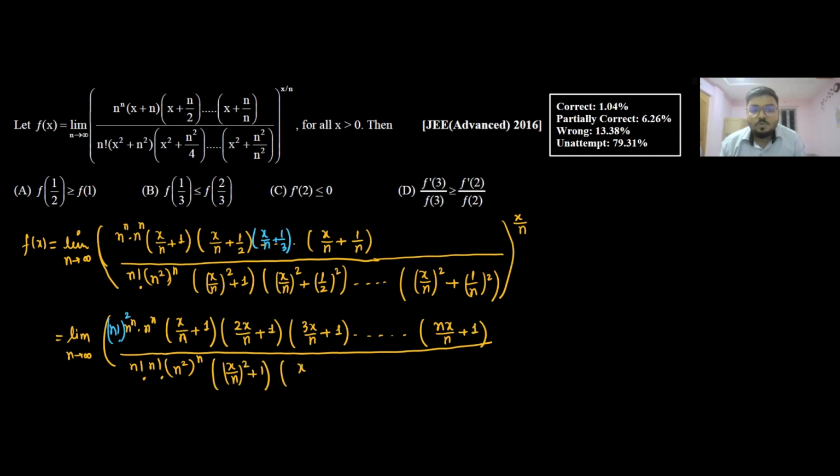Second, 2x by n square plus 1. And in the last one, nx by n square plus 1 whole x by n. Now here you can see that this n power n got cancelled and this n factorial square also got cancelled. So now we are left with this